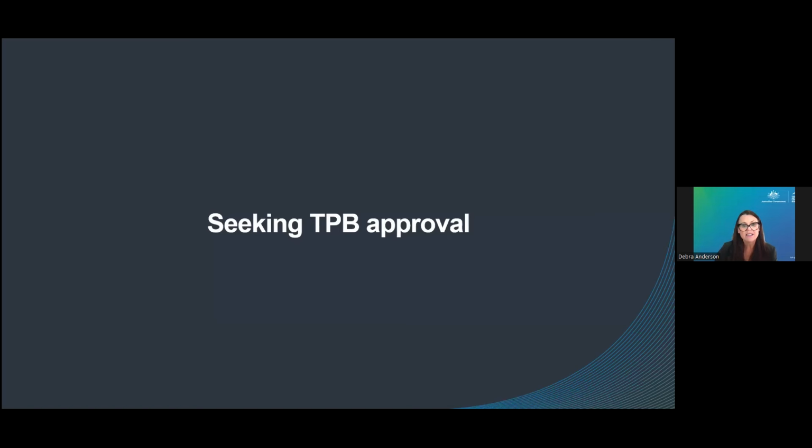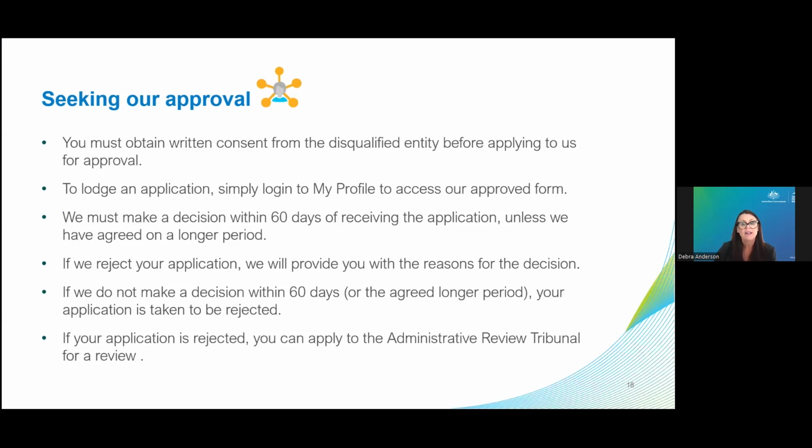So as I've discussed, if you want to employ or use a disqualified entity to provide tax agent services on your behalf, you must apply to us for approval in order to comply with Code Item 15. So to obtain written consent from us, you need to complete the Disqualifying Events Declaration and Consent Form, and you need to provide that to us with your application. To lodge an application, you simply log into your My Profile on the TPB website, and you